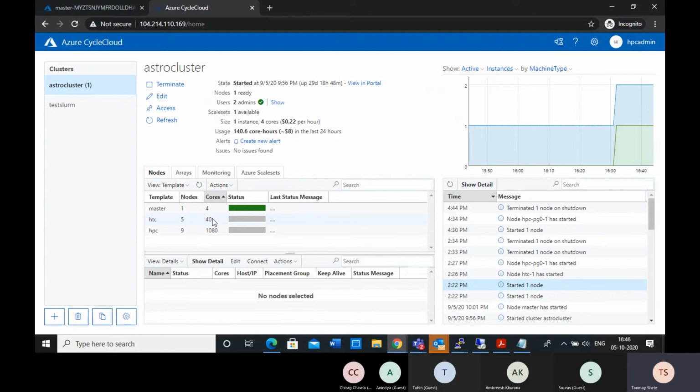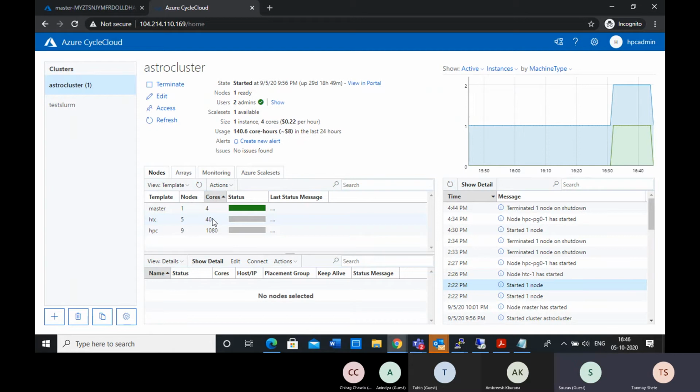So cores times hours is the pricing that you will be charged. You can relate this analogy to your electricity bill. Electricity units are kilowatt hours: how many kilowatts and how many hours you use. Similarly, how many cores and how many hours you use.